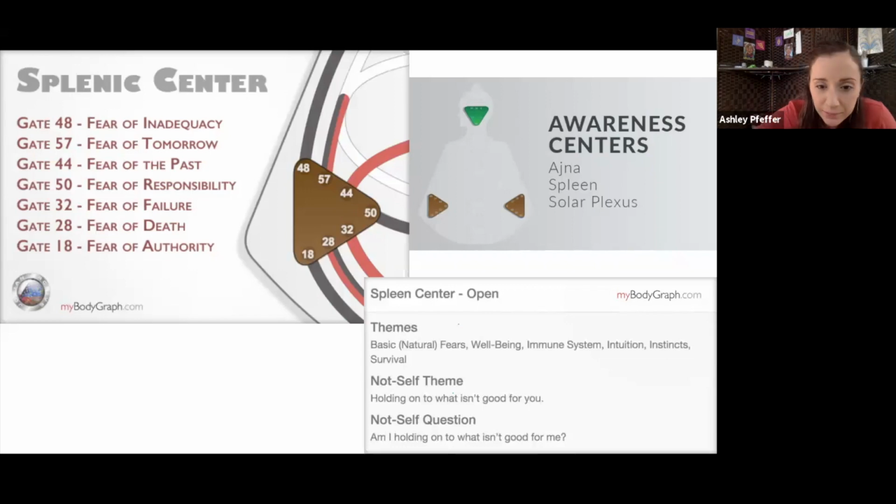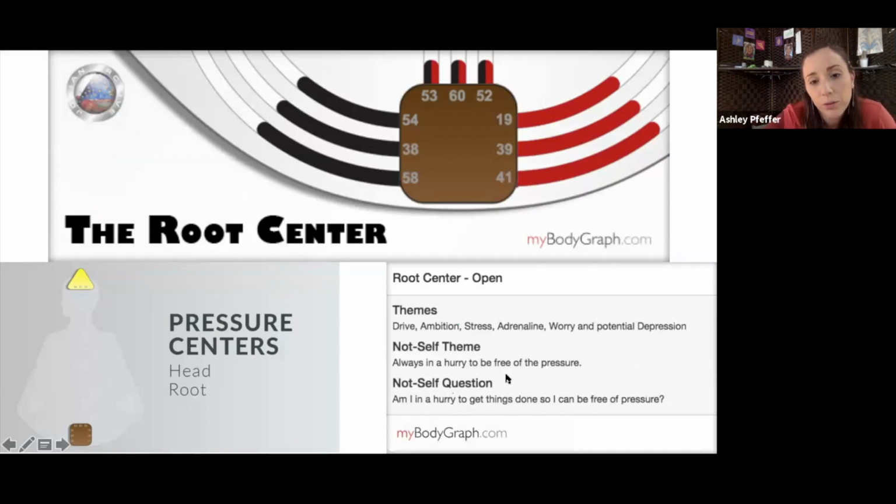Yeah, anyways, moving on to the last center, the root center. This is another pressure center, and again, I said that this was stress. So when you have a defined root center, you have the gas that powers the car, and you can get up and go. When you have an open root center,